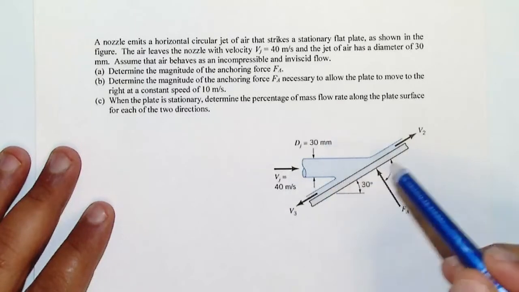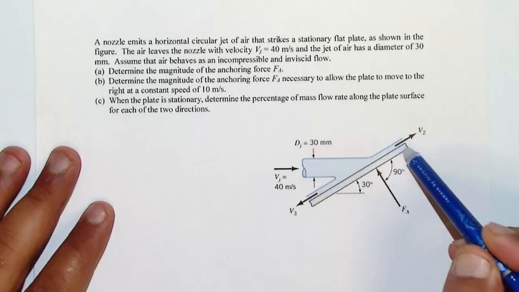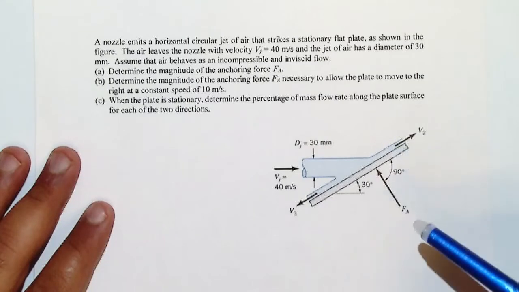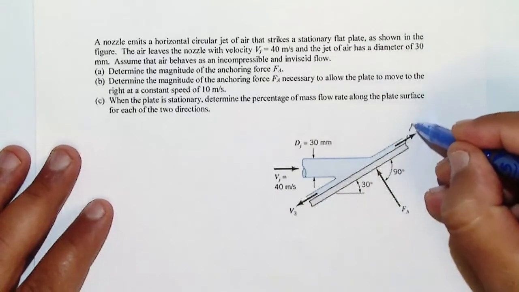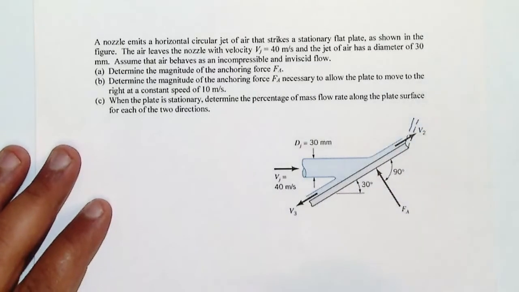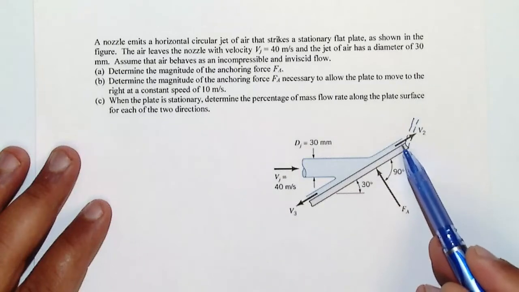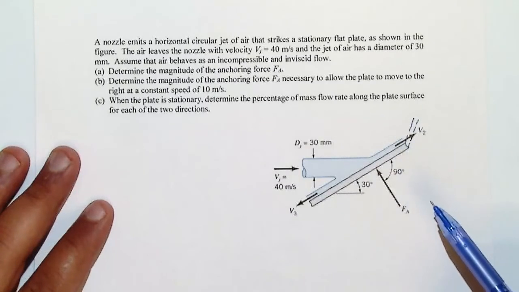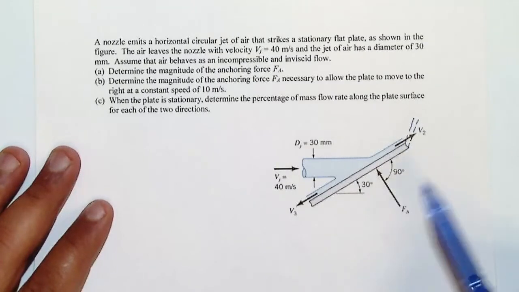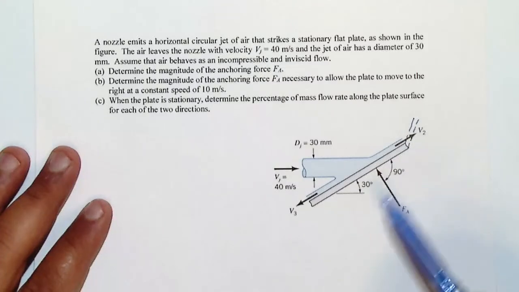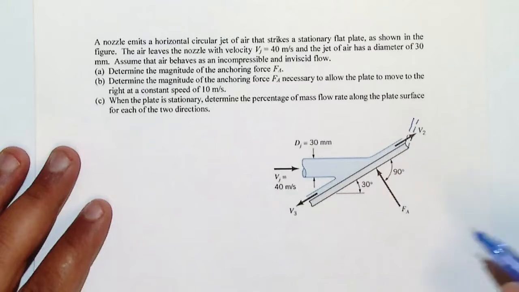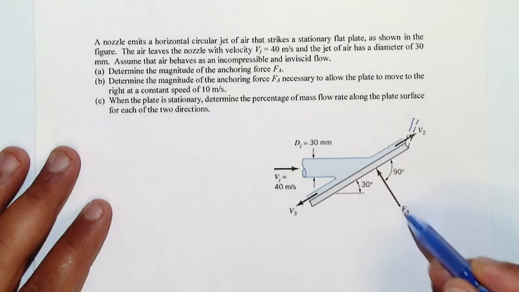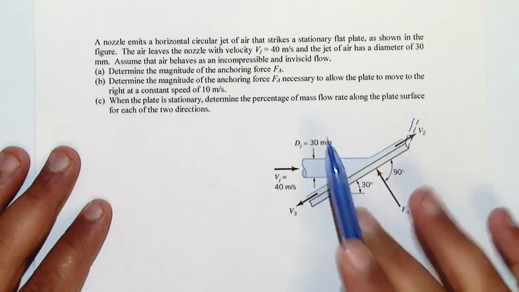Also D of the jet. Again, you don't know what is the depth of the plate, because that's a plate, so it has to be like this, right? You don't know what is the thickness of the jet from each of the outputs. So all of these are not given, but for now you know V3 and V2 are not given, and also Fa is asked by part A. Okay,